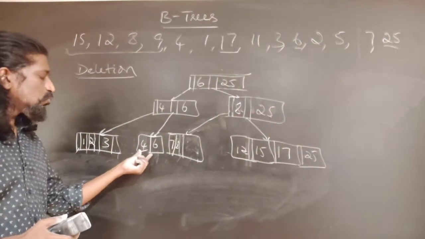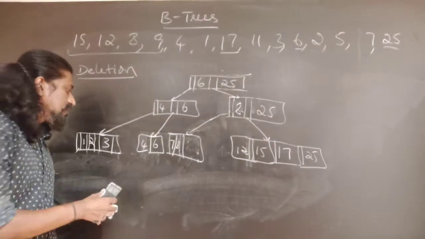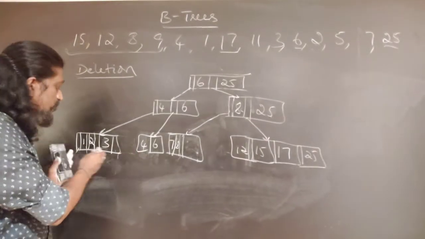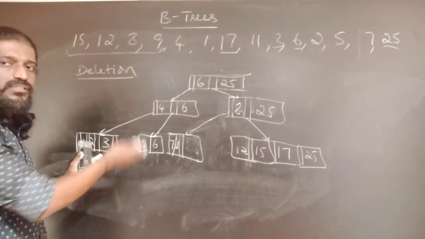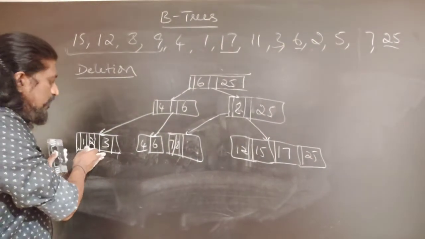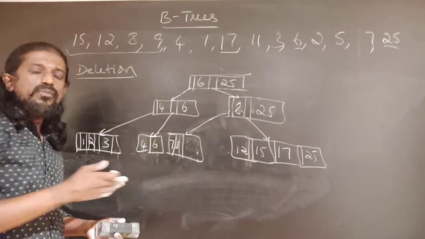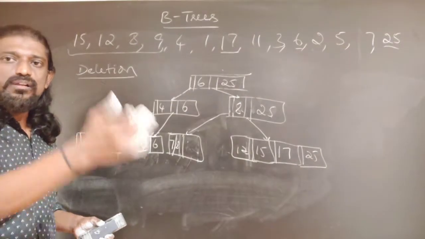The simplest thing would be to borrow the minimum number of keys required for survival. Alternately, we may find out the maximum number of keys that the neighbor can give, divide it, so that half the number of keys can be left in that node and half can be borrowed, so that a similar problem will not arise in the near future.